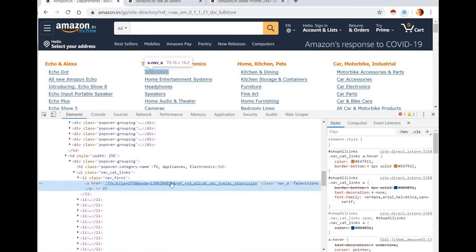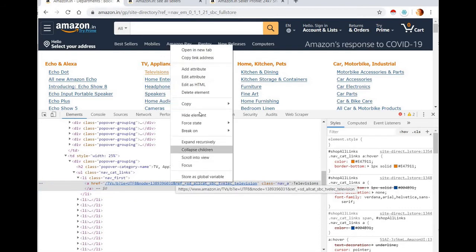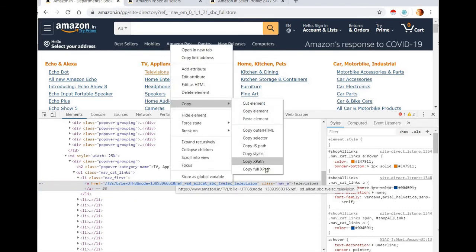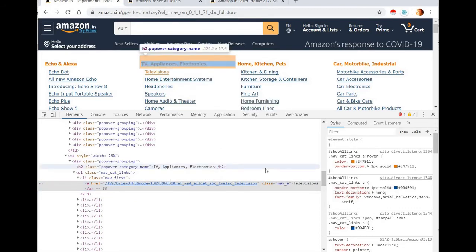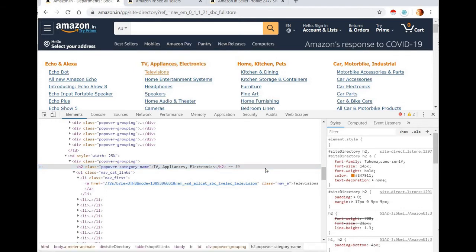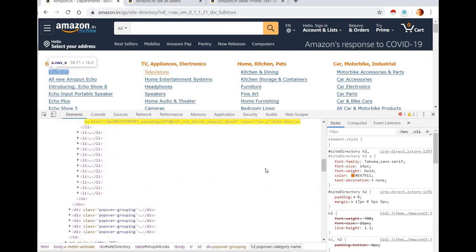This is the node ID which we need, so we'll copy the full XPath and find. This is the first, but however many categories are listed over there, we need all the node IDs wherever available.